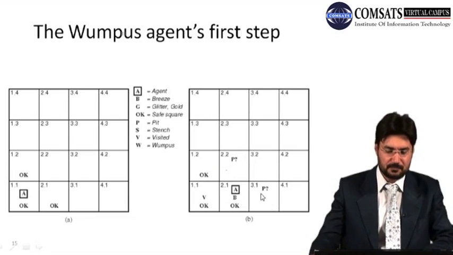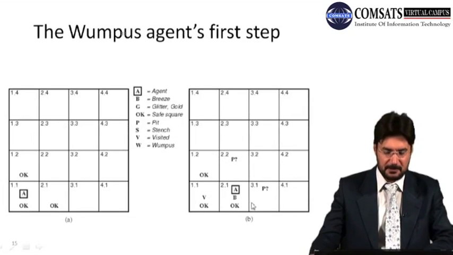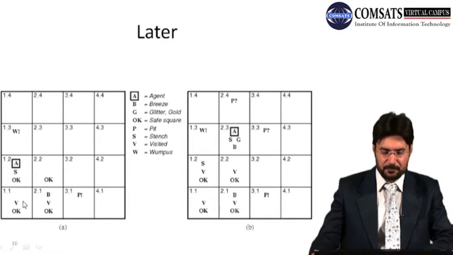We don't know yet, because we don't have a diagram of it. In the starting point we are completely blind, we only know that there is a breeze, which is coming either from 3.1 or from 2.2. We don't know yet, so that's why we cannot move to either of them. If we move here, we can fall into a pit, or if we move to 2.2, we can also fall into a pit. So what we need to do now is go back to 1.1 and then move to